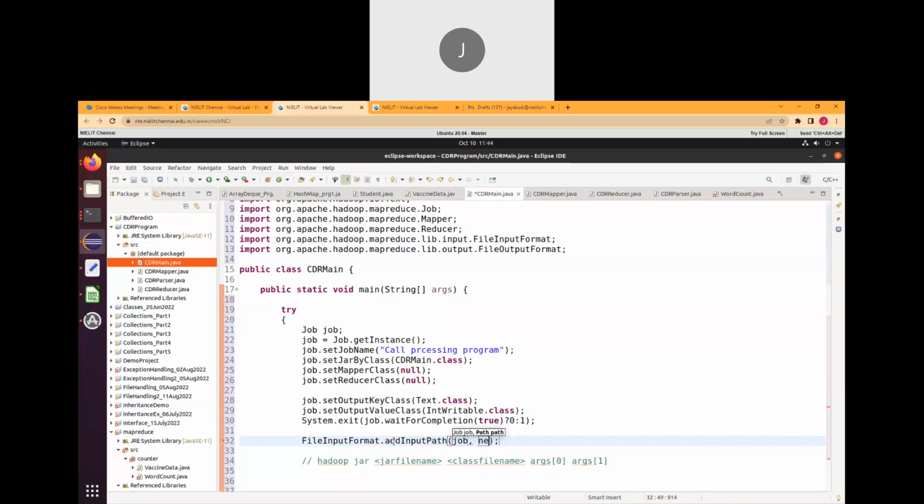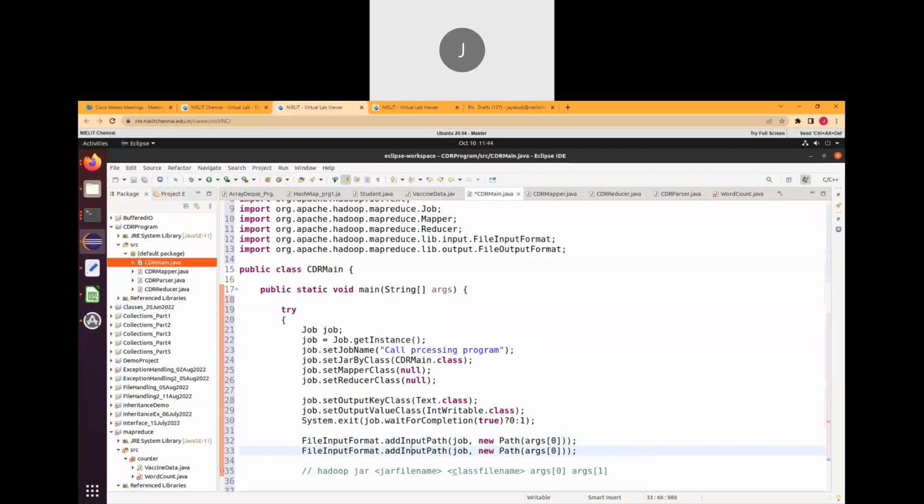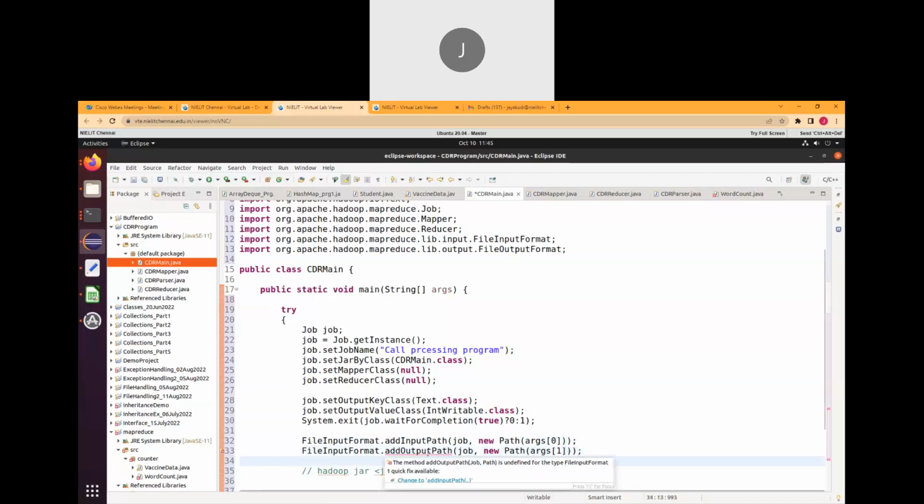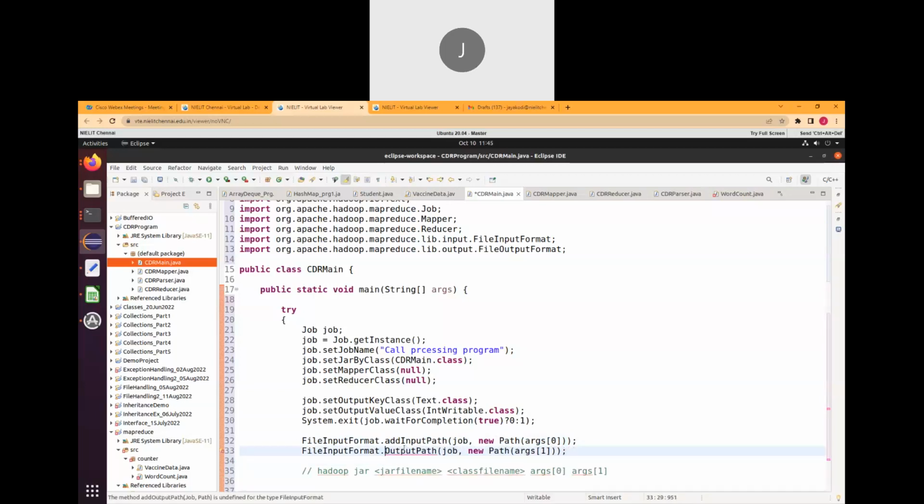Okay, which is args of 0, which is args of 1, that I will give like a job.... not job, this is FileInputFormat. See, this FileInputFormat only will specify. In the FileInputFormat, we are going to give args of 0, right? Args of 0 is going to be your file, whichever data set file you will specify. So this FileInputFormat will do all the splitting by itself. Okay, but addInputPath,